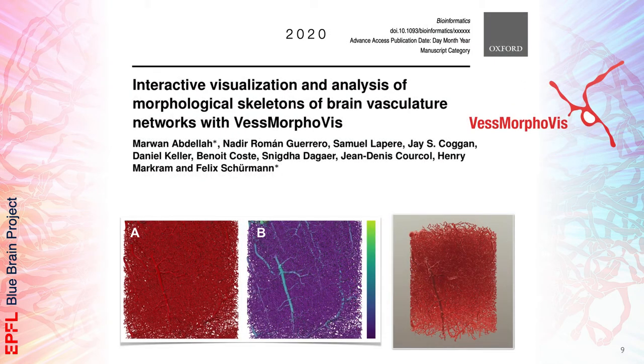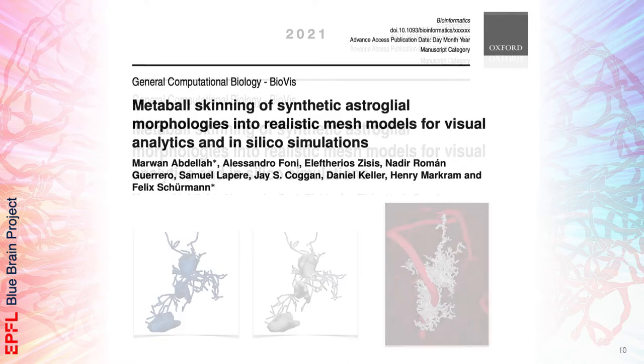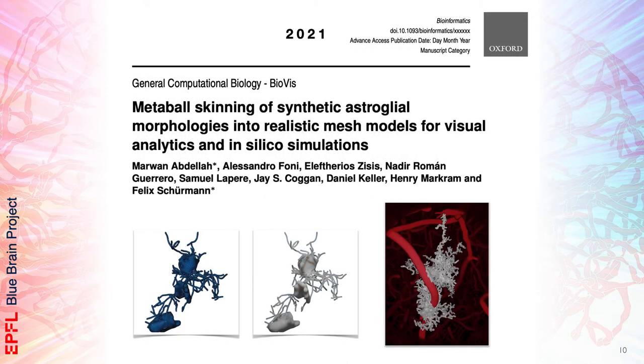And in 2020, we have extended the tool to work on vascular morphologies, very large-scale vascular morphologies for analysis and visualization as well. This year, we are focused on building mesh models for the astrocytes from synthetic astroglial cells for two purposes. The first one is in silico simulations, and the other one is mainly for visual analytics. The point is, astrocytes are not available in the neuroscience community as neurons, so we had to